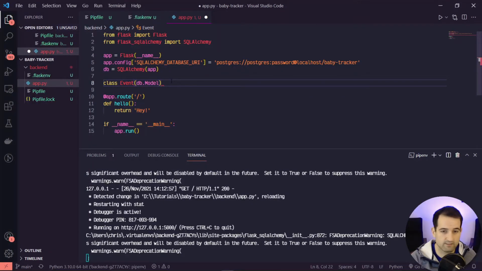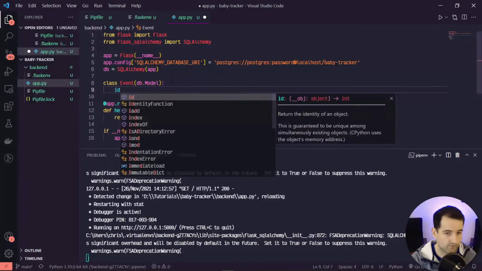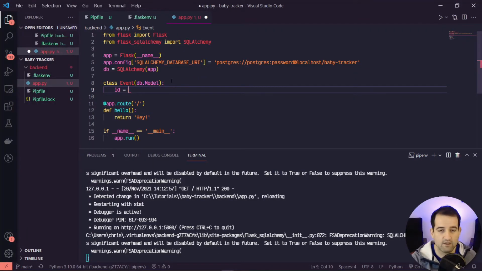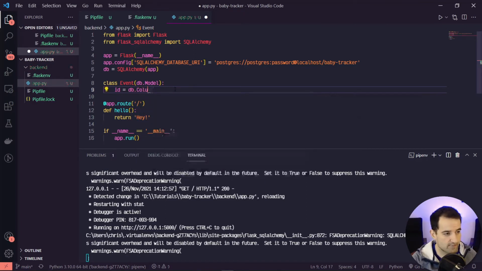So passing in db.Model. And then we're going to give it a couple of columns. The first of which is going to be an ID. So we want to give it a unique identifier when we're doing things like editing, updating, and deleting. It's important to have some sort of unique descriptor other than just whatever string you're passing in. So you create a column by saying db.Column,